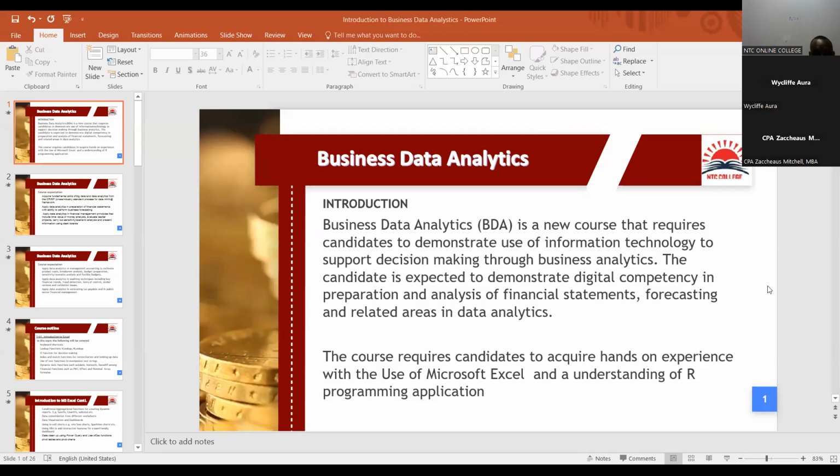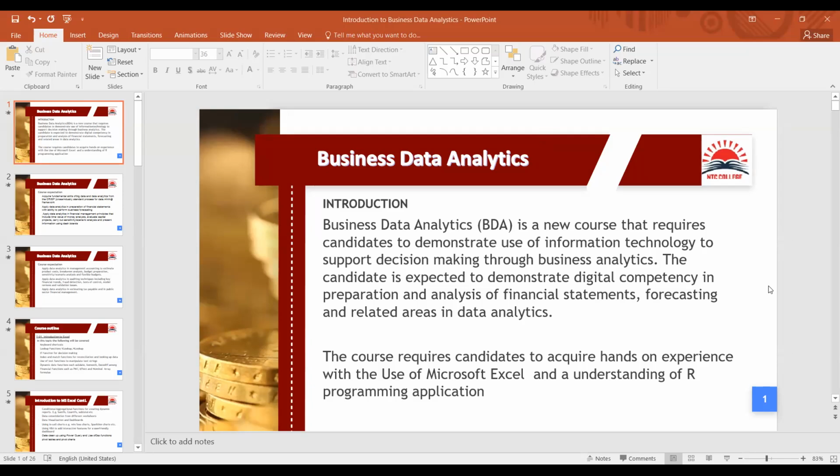Okay, thank you. As I was mentioning that this is a new course, and those who are eligible, they are graduates in any field, whether engineering, ICT, HR, business management, or any other field that a candidate qualified for. Then number two is that all the CPA graduates are also eligible to undertake this course. Briefly, I'll just take you through the introduction of the course and probably the expectation. And this is purely from KASNEB.